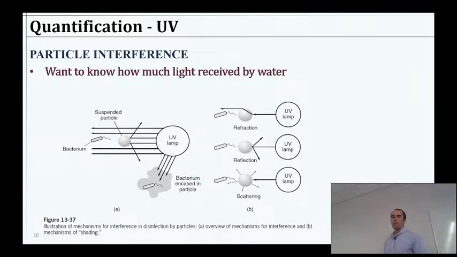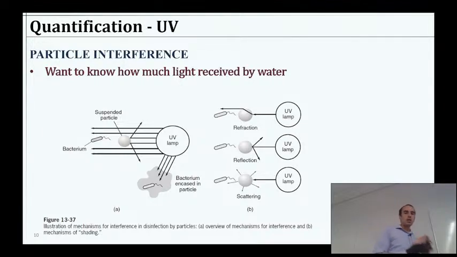Okay, so as we think about how to apply UV light, it's good to think about what in the water might impact it. Mostly it's anything that could scatter light, that could shield the bacteria or virus from light, and to just generally know how far through the water the light will go. Now we could get pretty deep into all of that and define exactly how we quantify the UV doses. I'm not going to take you that far. I don't think we really need to go that deep into it.